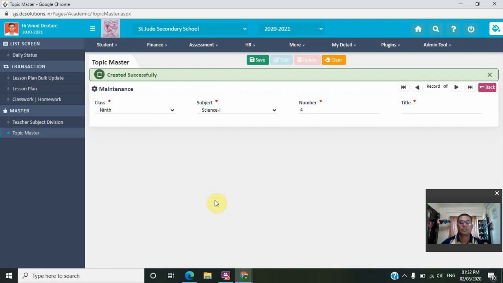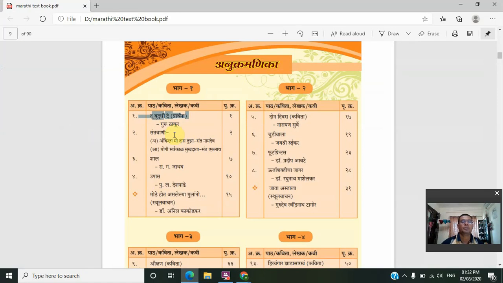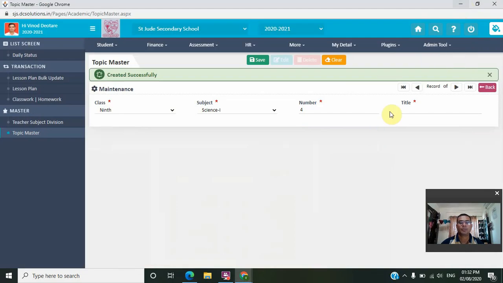Now some have the topics in Marathi or English. For that purpose also you can directly copy from the PDF. Suppose I have one PDF here. From this PDF you can select, say suppose I want to select Santavani, so select like this and press Control C. Then minimize this one, come back to your topic here, click and press Control V, then the topic appears. So no need to type the topic again. This is for the language teachers, those who have Marathi and Hindi.